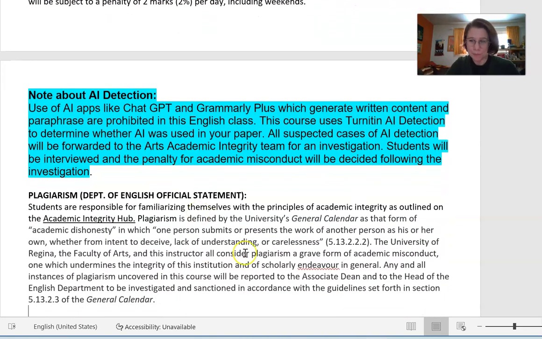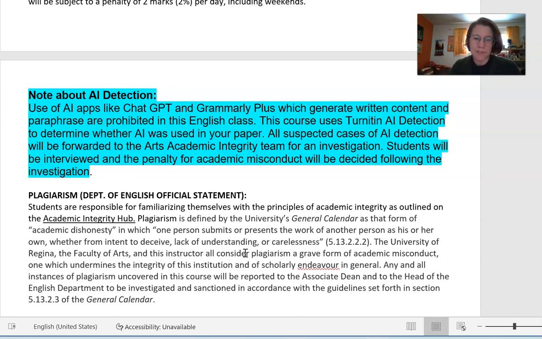Okay, and the other big warning here is AI detection and university writing. It does vary somewhat between departments, but for an English class, we want you to learn how to write with your own words and thoughts. We don't want you to rely on AI auto-generated, computer-generated writing.